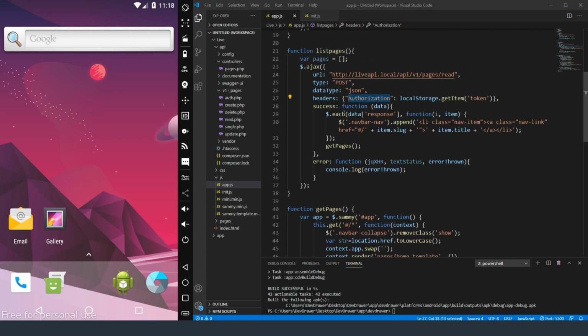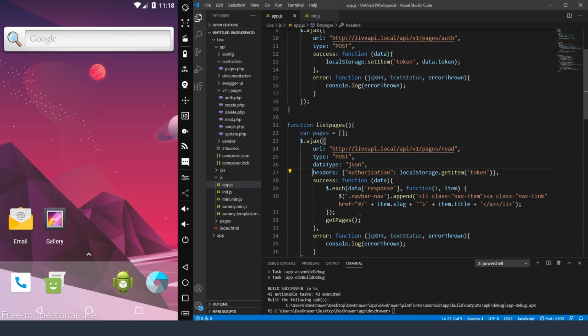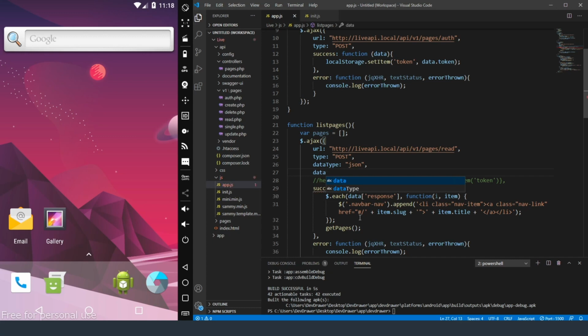Let's go to our app.js, and we're just going to comment out this line for now. And then below our JSON, we're going to do data, and then we're going to send over a variable called authorization. So authorization, and then we're just going to send over this local storage item that we're already grabbing. And that should do that. Okay, so now what it's doing is sending it over as a post object for our PHP script in the API side of it to handle. So let me make sure. Okay, now let's go to our